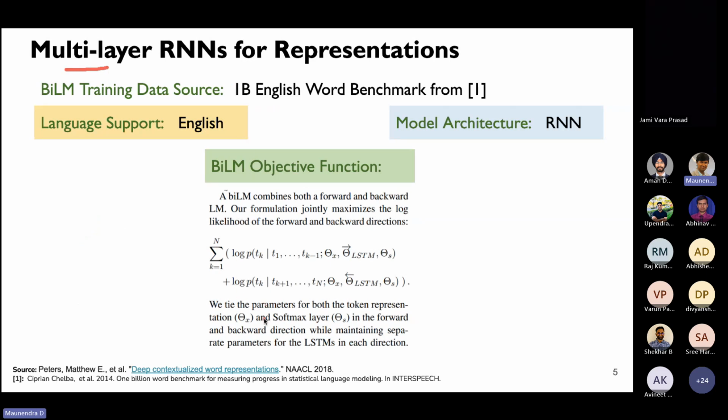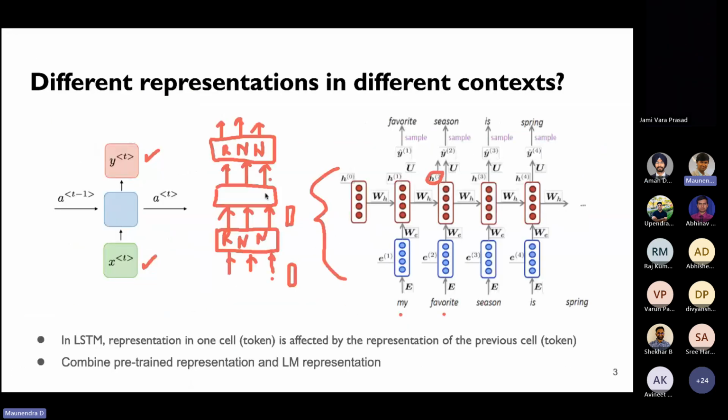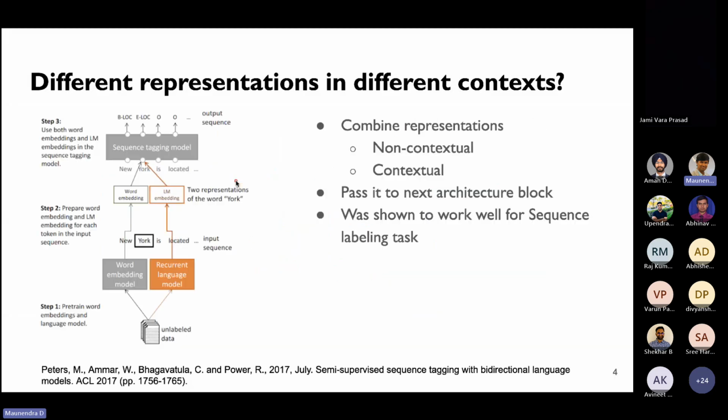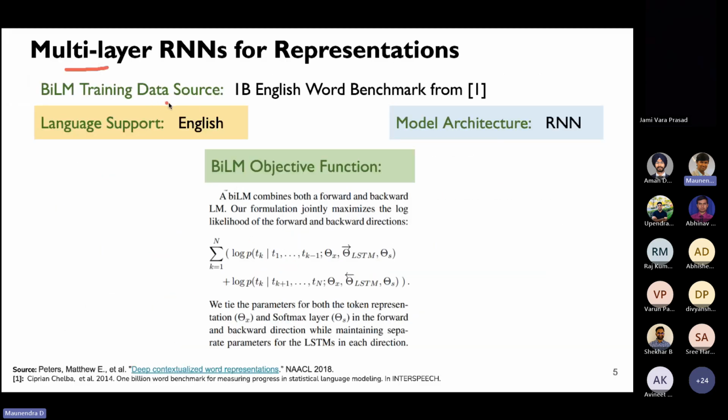So this paper, we'll look at the exact architecture which was there in this paper, but essentially it is nothing but this architecture. You have one RNN and you stack together many different layers on top of it. So they call it